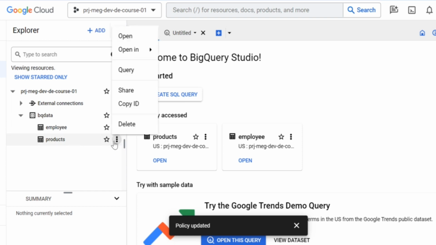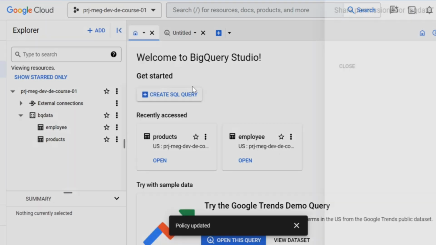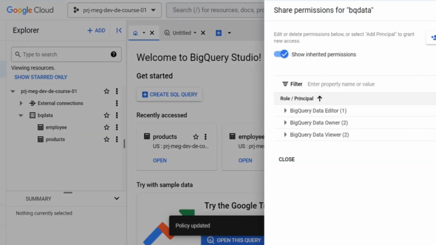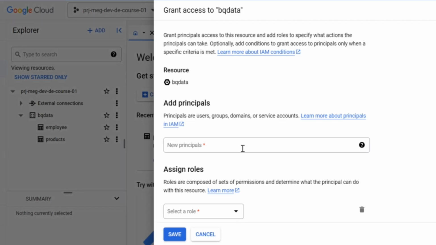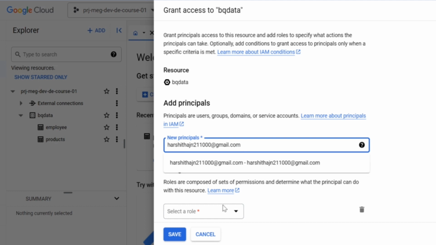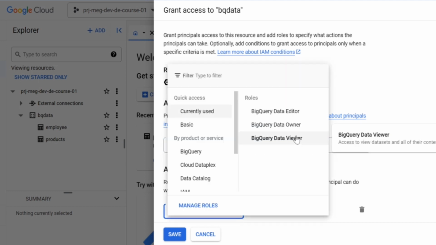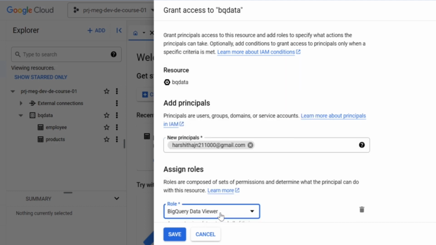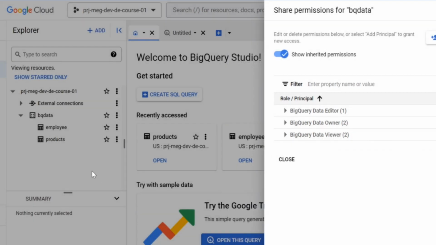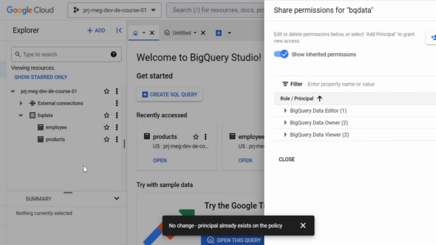Add principal, then the ID, then the role we need to select. So I am saving here. So both the tables will be accessible